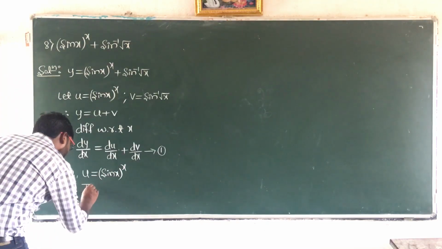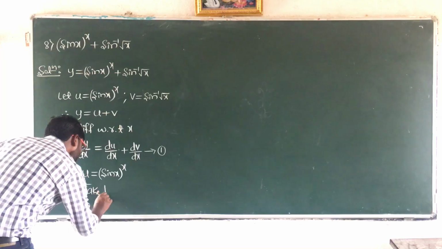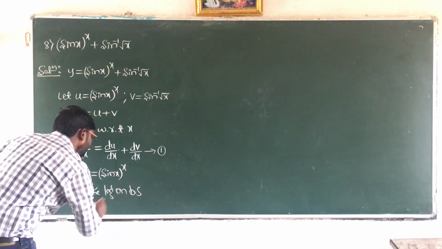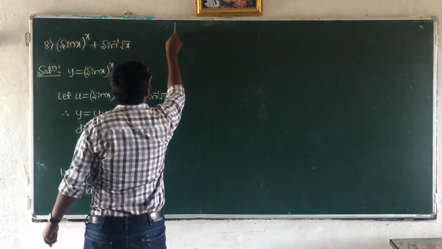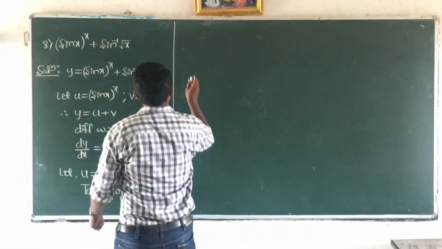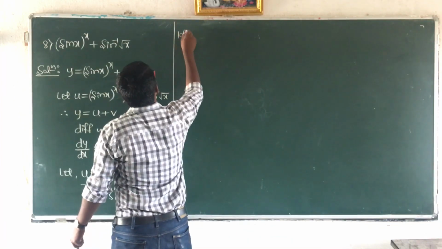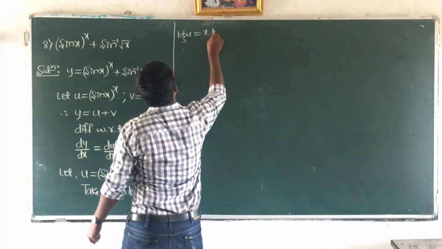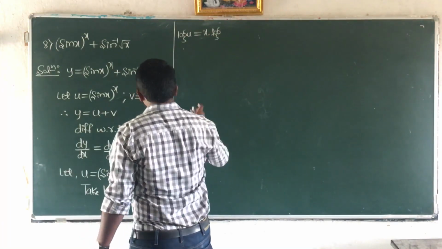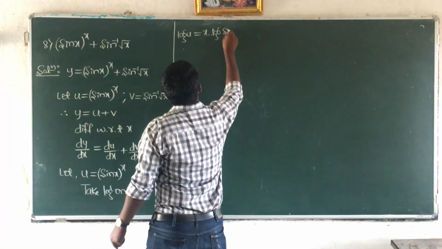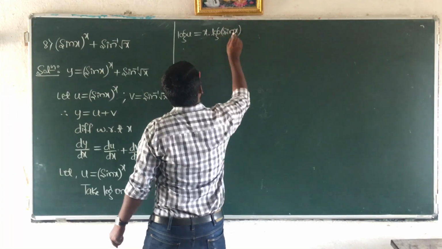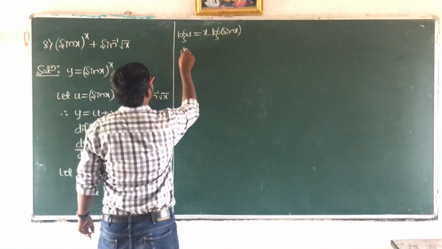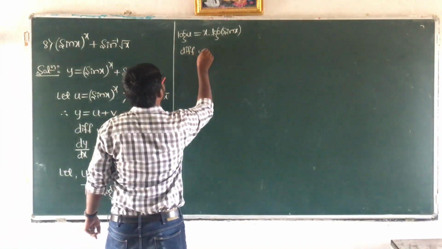So now take log on both sides. So what do we get? We get log u, which is equal to x into log sin x. Now let us differentiate with respect to x. To differentiate with respect to x,